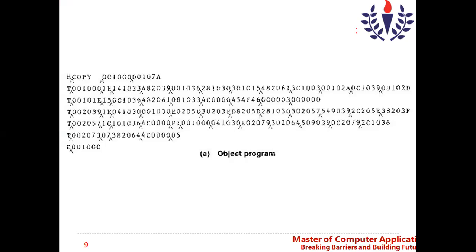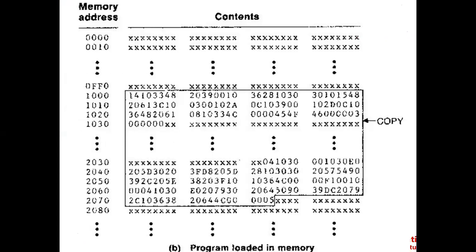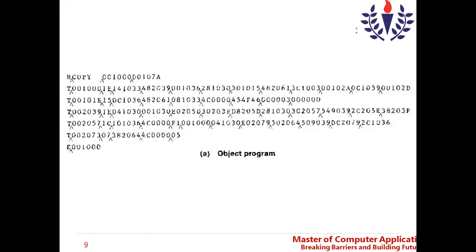So this is the object program, which can be given to the absolute loader, and it stores the object code into the memory as such. COPY is the name of the program. Since the starting address of the program is 1000, which is mentioned in the object program, you can see 1000 is the starting address in the header record. COPY is the name of the program, 1000 is the starting address, and 1078 is the length of